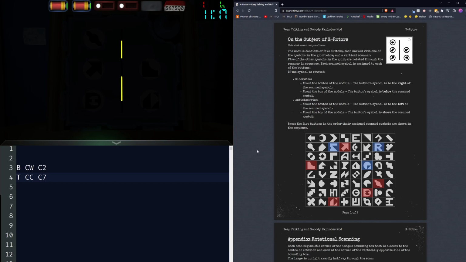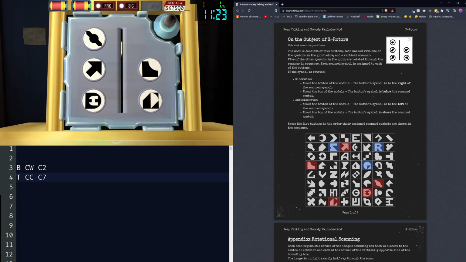Alright. We have that bottom clockwise, yes. Top counterclockwise, we have this one. Top, oh, that was clockwise, by the way. This one is top counter, and I missed what symbol it was. Bottom clockwise, yep. Top clockwise. Yep. Top counterclockwise for